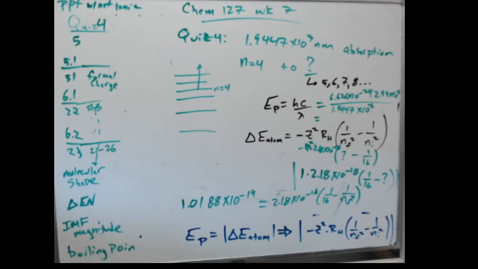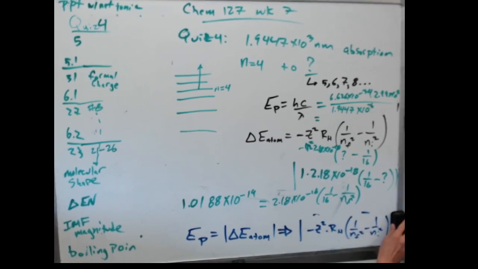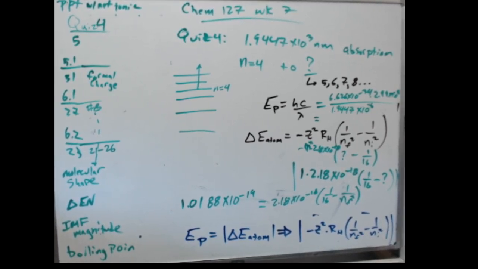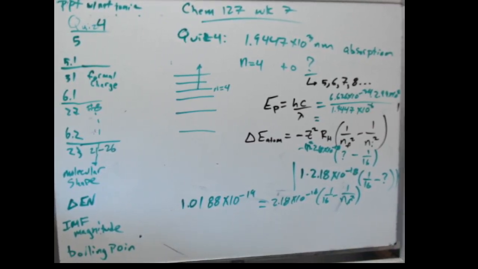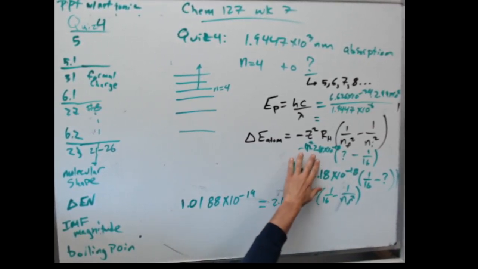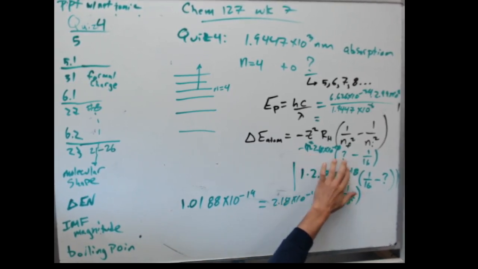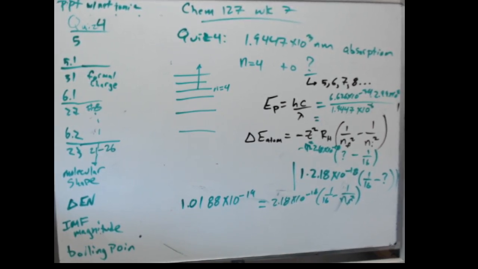So at this point, let's go ahead and finish this problem. We've got our logic. Are we good with the logic in blue? We have to have some logical thinking about where our negatives are coming from and our positives are going. I got rid of my negative not by dropping it, but just bringing it inside the parenthesis to flip that order. That's a fine way to deal with it. Then I go ahead, I divide over. I got my 1.0188 times 10 to the minus 19 divided by 2.18 times 10 to the minus 18, and I get